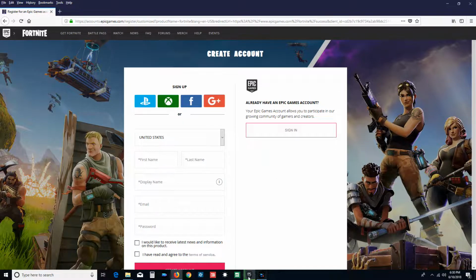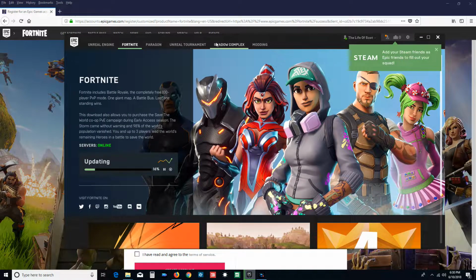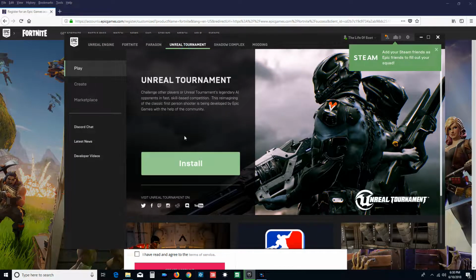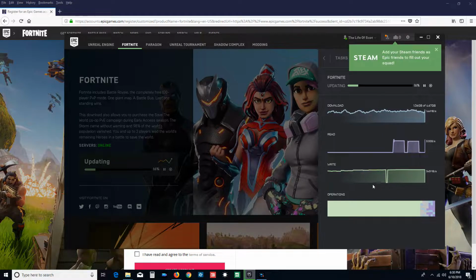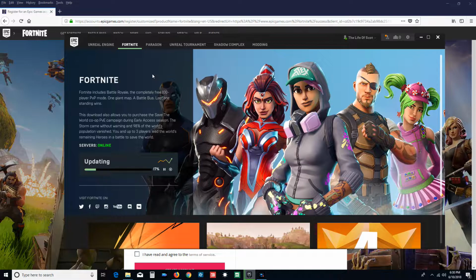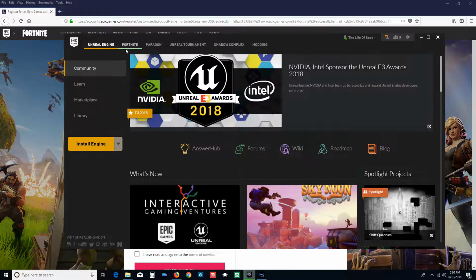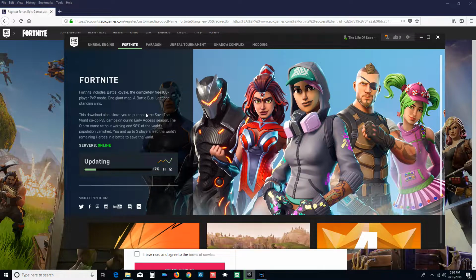Once you download the Epic Games launcher, this is what it'll look like, and you can install all these other cool, fun games. So Fortnite right now, it's updating, so you'll either have it updated and it'll be ready to play, or you'll update and have to wait. It takes a little time, but still not too big of a deal because this game is so much fun, guys, and for free, you can't beat it. So guys, stay tuned because we are going to get playing, and I'm going to show you how to play this game